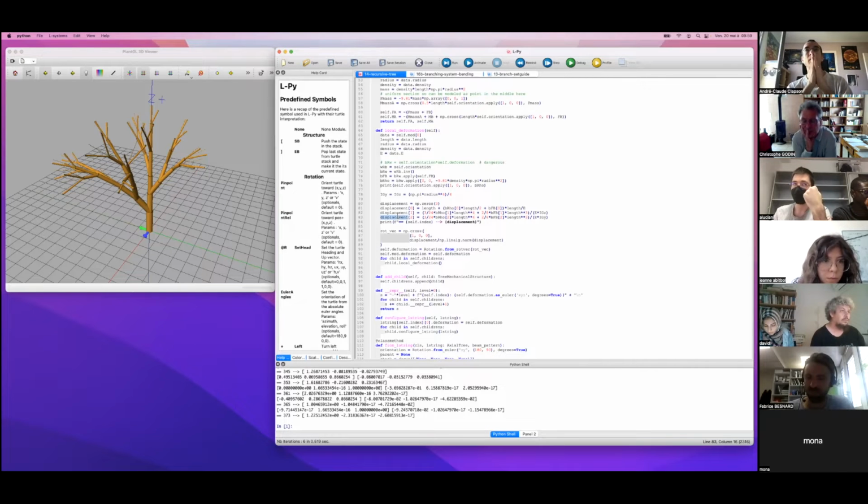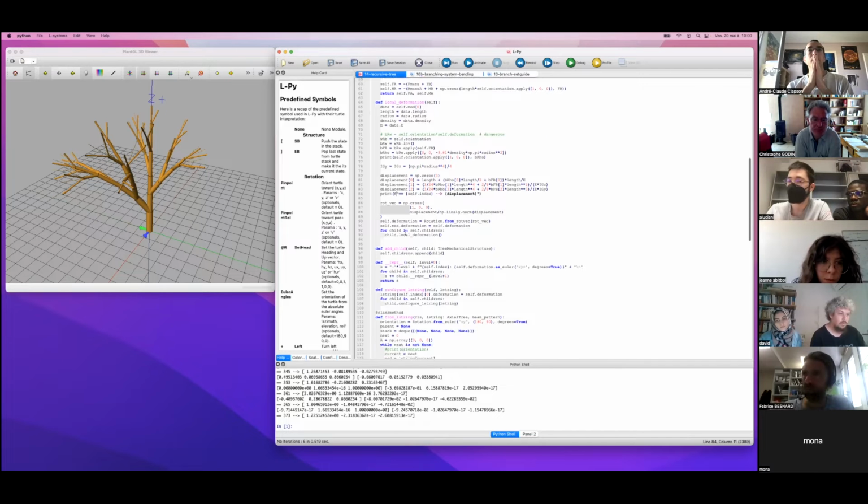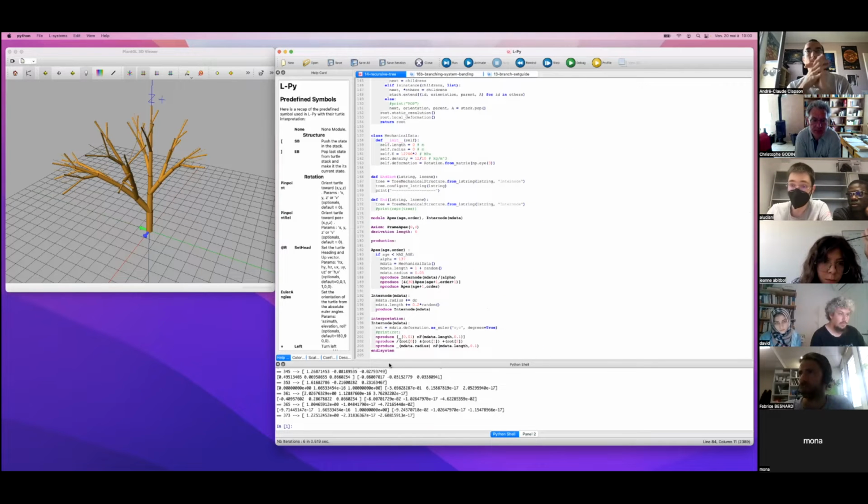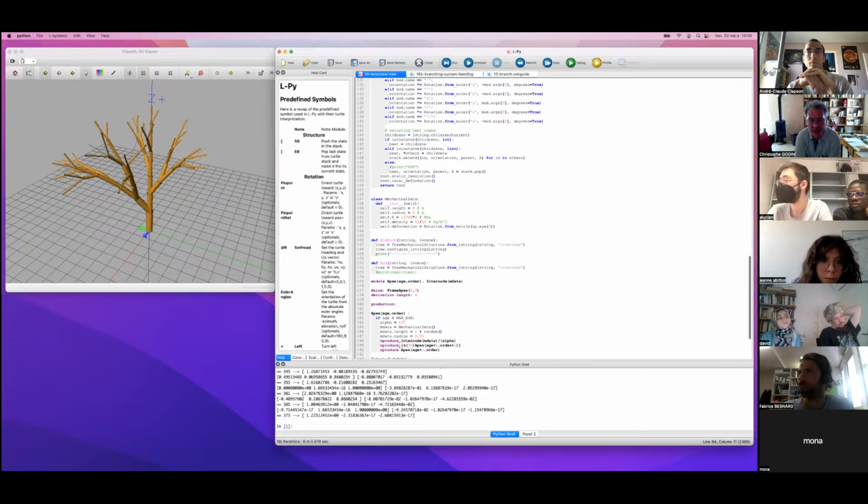But I only took into account flexion and compression. So for now, there is no torsion, but it would have been interesting. And then I compute for now just an equivalent rotation. It would be the deformation angle, which is what the interpretation rules use. Okay, how do you communicate between the L-system and the